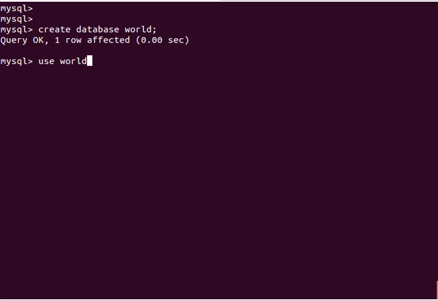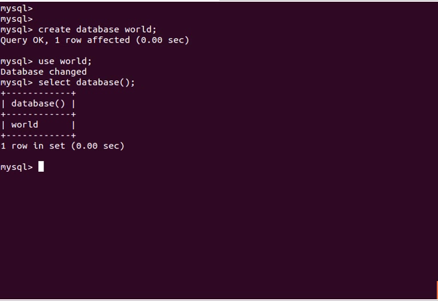use that database, and you can confirm by select database statement saying that you are using the world database at the moment. My world database is inside the /temp directory. Once you download it, you need to unzip it. So I have unzipped it and I can import it using the source command, source /temp